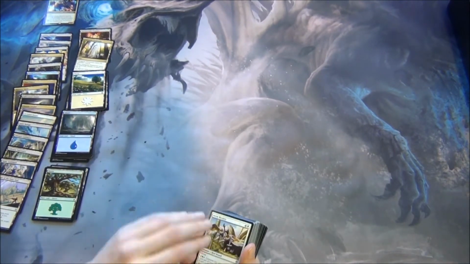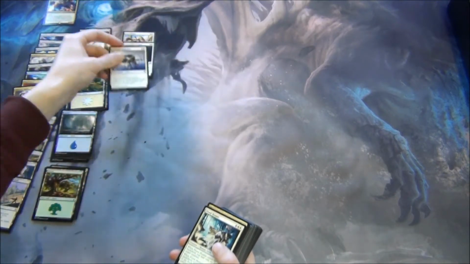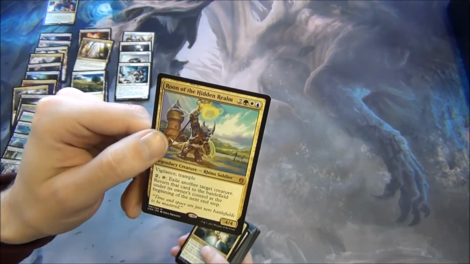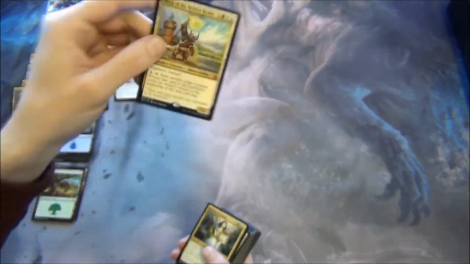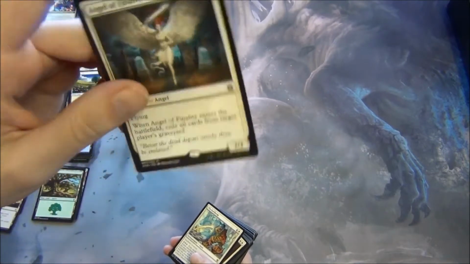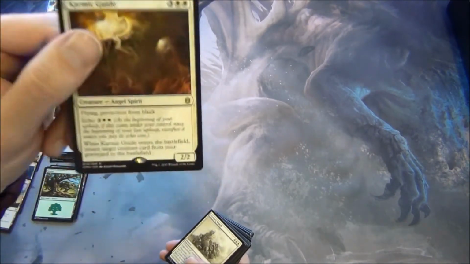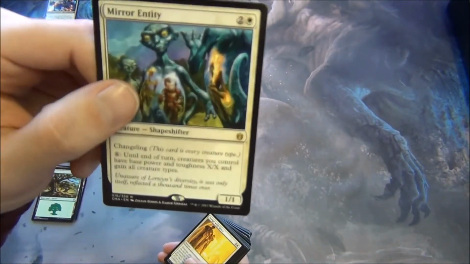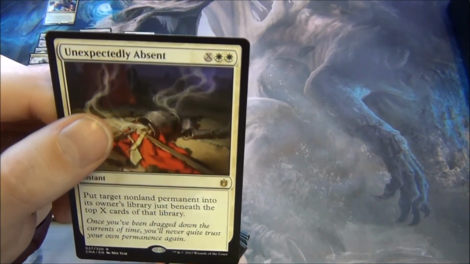Okay. Then in the deck proper, we've got Aerie Mystics, Curse of the Forsaken, Darksteel Mutation, Fiend Hunter. We get a lot of ETB effects, enter the battlefield effects, that sort of key off of some of the flicker stuff that's going to be happening in this deck. Rune of the Hidden Realm, backup commander Rubinia Soulsinger, Angel of Finality, Flickerform, Karmic Guide, Kirtar's Wrath, Mirror Entity, Tempt with Glory, Unexpectedly Absent,